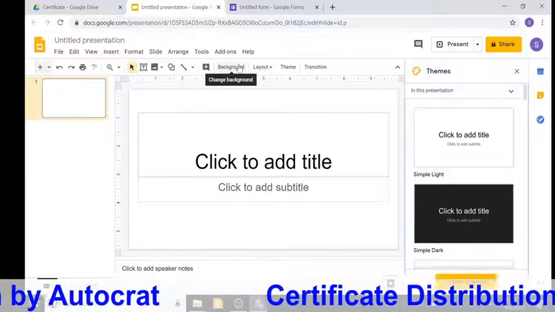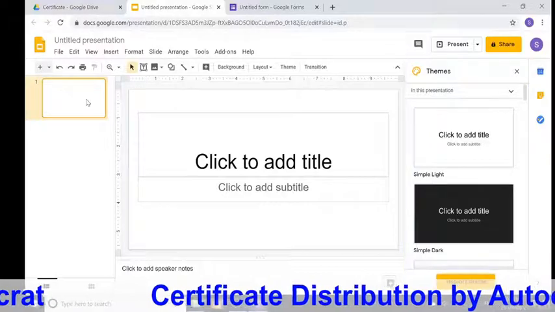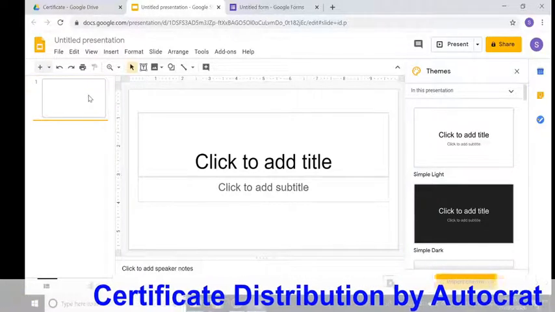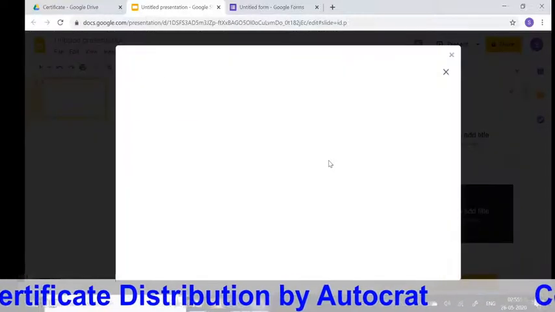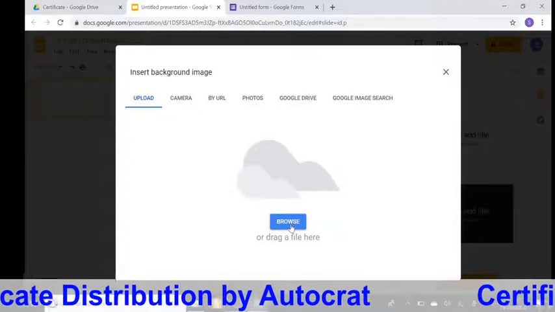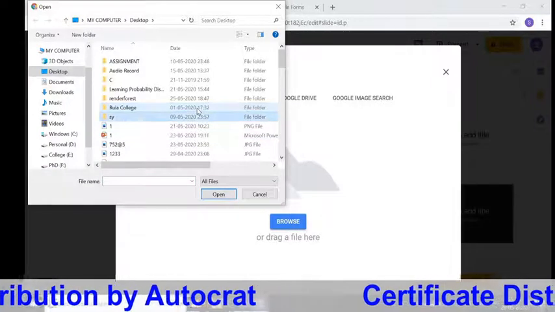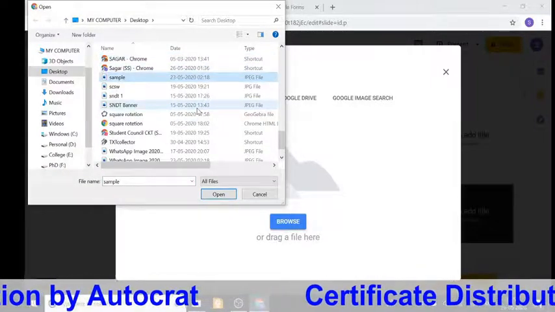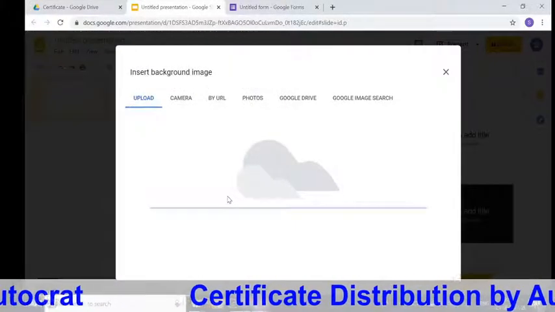This option is available if we click on slide, otherwise this option is not available. Then click on background, select image, browse. Now I have one sample file, open.